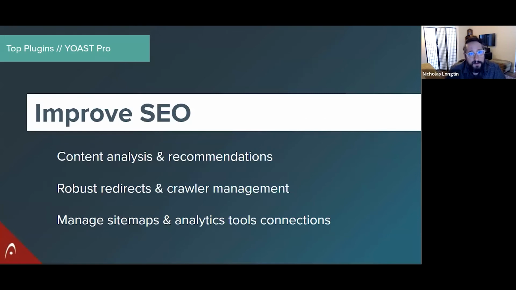So another great plugin, which we pretty much recommend every single person use, is called Yoast. There's Yoast and Yoast Pro. And many of our clients use the Pro version. The Pro version has some very useful things. But basically, this is a tool for improving your SEO. So when you install this plugin, you're going